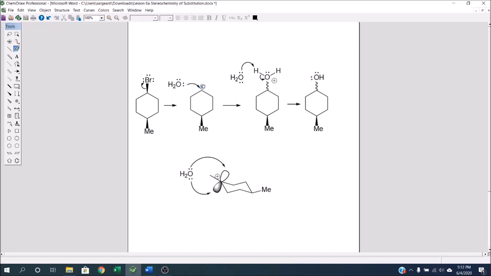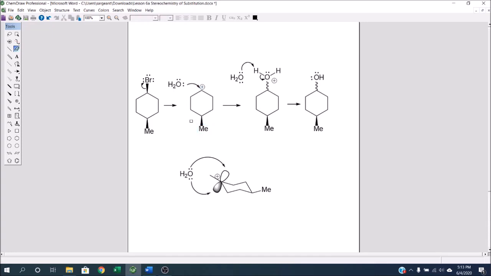Not really, anyway. And the stereochemistry of SN1 is shown here as a squiggly line. What a squiggly line means to a chemist is both things are happening. This compound I started off with was cis. Both the bromine and the methyl group are on the same face of the ring system. But when the water adds in, the water actually comes in on either side. So what I've done down here on the bottom is show you this methyl